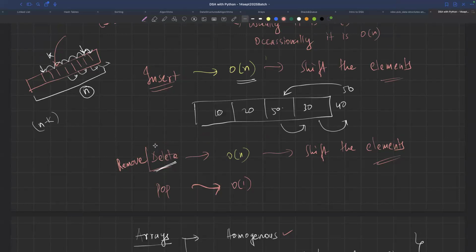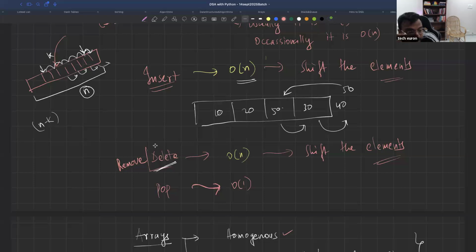ठीक है सर, थैंक यू। एरे में नहीं कर सकते, लेकिन कुछ स्पेशल केसेस में हम लोग कर सकते हैं, तो वो हम लोग देखेंगे आगे चल के। कुछ डेटा स्ट्रक्चर्स में जब हम इंसर्ट करेंगे तो हम उसको एक बेटर तरीके से कर सकते हैं, अगर वो सॉर्टेड हो,